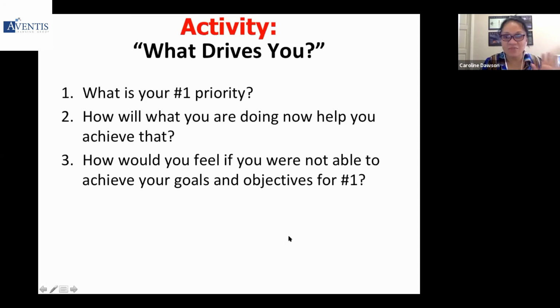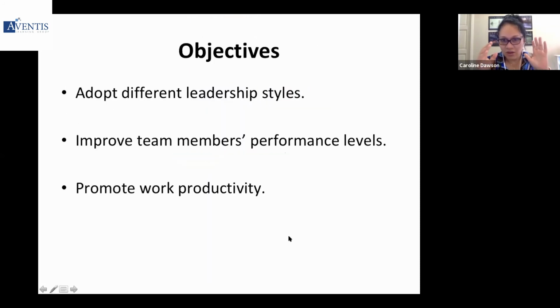So the point being is this, to summarize all of this, everyone. This workshop pretty much entails this: understanding, identifying, exploring the many leadership styles that you have to adopt according to the situation. That's why there's a saying, it depends on the situation. Not one style is better than the other and so on. Using this, you need to help your team member, your subordinates, the group or team that you're managing, because ultimately it's all about the performance level. This is the ultimate goal for the company. And of course, at the end of the day, we want to enhance productivity at the workplace as well.